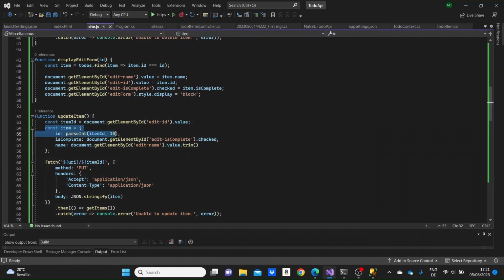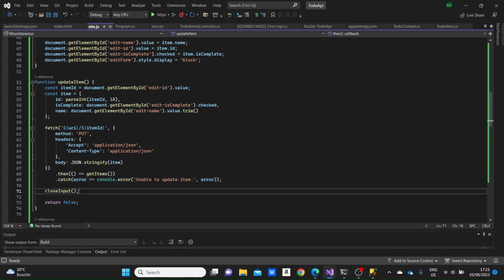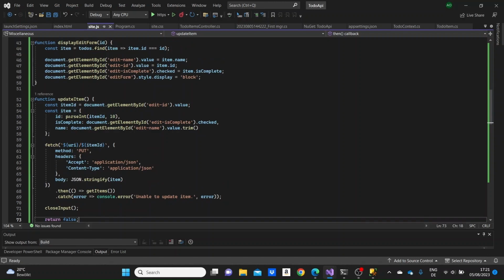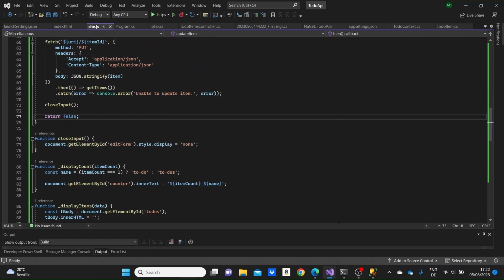And here we see the update item function when we update an item here. So we just take the values of that item that we have updated, and we make a fetch, and in the fetch function below we make a PUT HTTP request to the web API. We specify the headers, we put our data, we make our data as JSON string format with this JSON.stringify item, and the same things. Then we get the item,